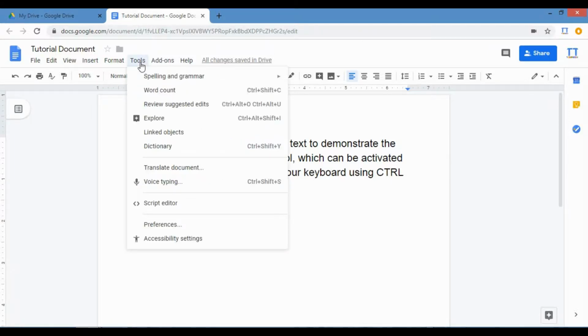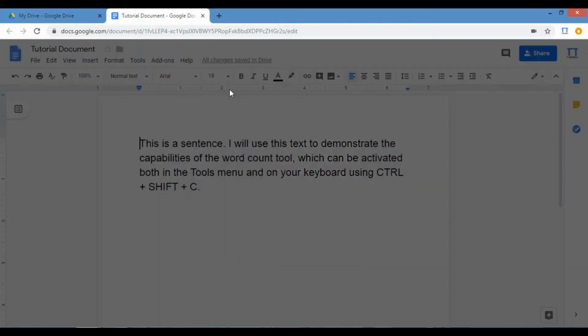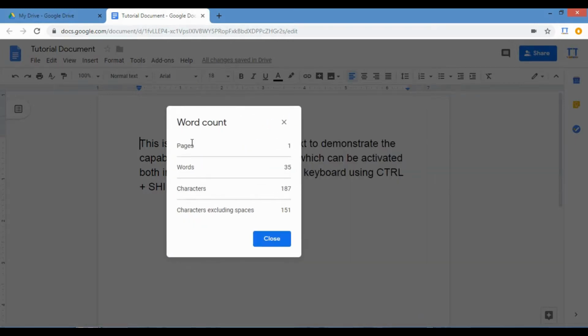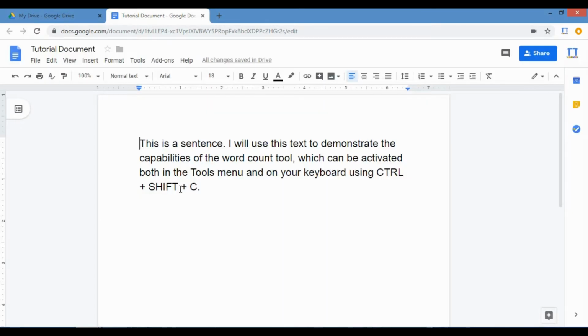Simply click the Tools menu and then click word count up here, which can be activated using Ctrl+Shift+C on your keyboard. Once you open it, you'll get this pop-up which you can drag around. As you can see, it shows statistics about my writing. And simple ones, not like grammar or anything, not like Grammarly. It'll count the words, it'll count the characters I wrote, it'll count the characters excluding spaces, and also if you